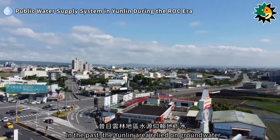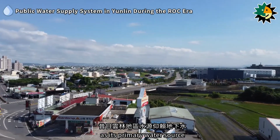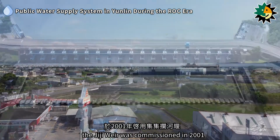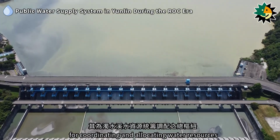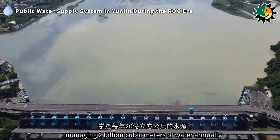In the past, the Yunlin area relied on groundwater as its primary water source. With industrial development and population growth, the Jiji Weir was commissioned in 2001. It serves as the central hub for coordinating and allocating water resources from the Changhua River, managing 2 billion cubic